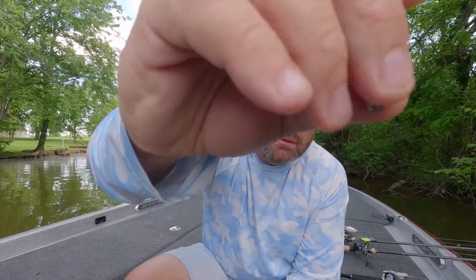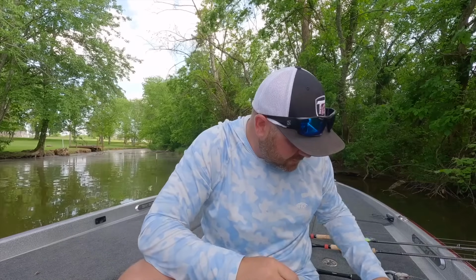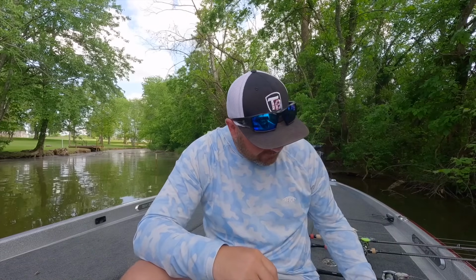For the most part, I keep my frogs silent. If I want to add a little bit of sound to them, say the water's stained or the water's murky, or they're missing my frog, take your favorite jig rattle, whether it's glass or plastic. These little guys right here, little jig rattles, and in each of the frogs,